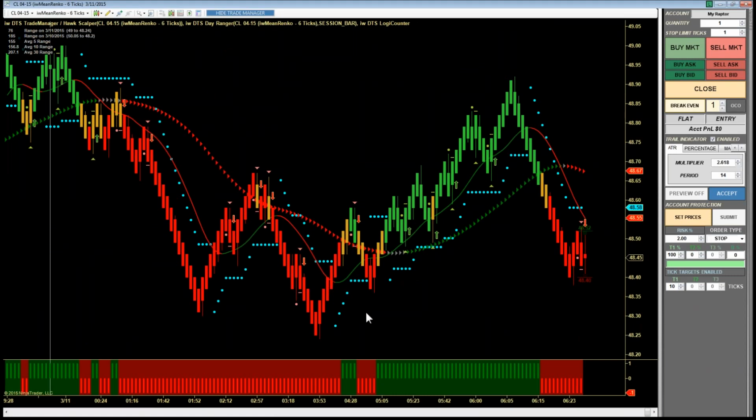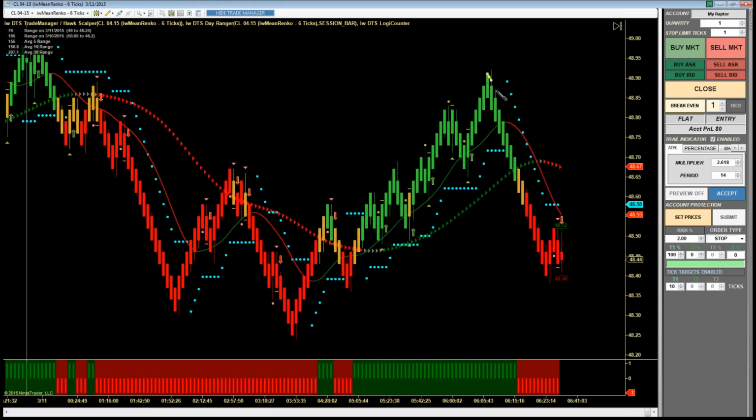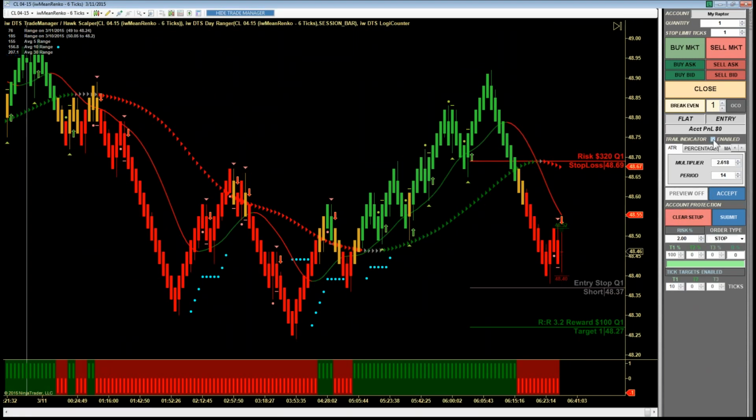Not quite as nice a look as what we were seeing in the NQ. The problem here is that we're getting a signal to sell, but we haven't had our test of the extreme yet, have we? So for that reason, I'm going to try to protect myself. Ideally, what I would like to do is sell below these lows and cover above the high. Oh, I can do that. I'm trying to cover the trade a little bit further back here. That's going to give me a little bit more staying power